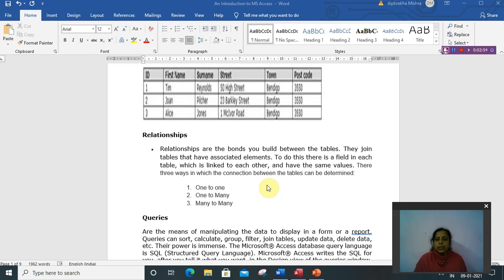Means to build a relationship, we have a common field in these tables, and they have the same value. There are 3 types of relationship: one to one, one to many and many to many. So we can build relationships in MS Access, and to build a relationship the tables must have a common field.